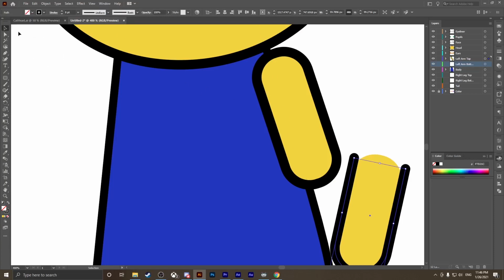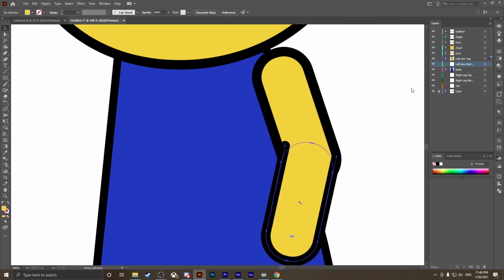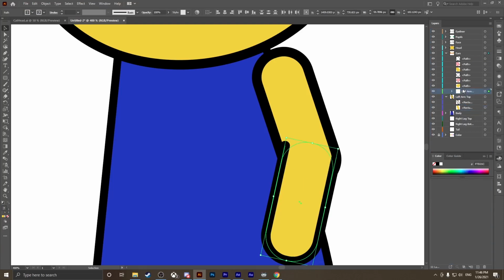What that does is now when it's on top of the other layer, if we decide we want to move it, probably about here, and make sure it's on the bottom layer right here. We'll actually drag this arm on top of the other arm. And now when we use our rotate tool to test it out,